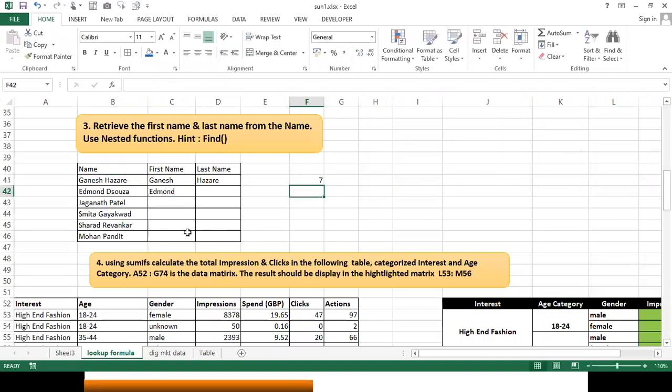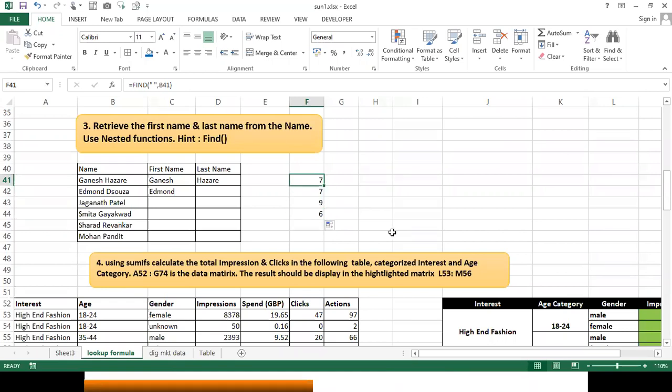So where is it falling? The 7th character. Just pull down. This is also the 7th character. This is the 9th character; the name Jagannath is bigger. Smita, 6th character, and so on. So I'm getting the position.